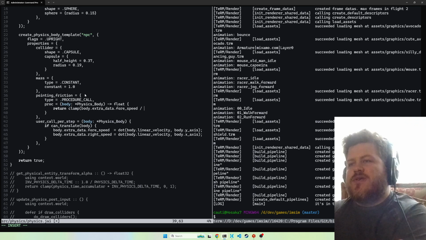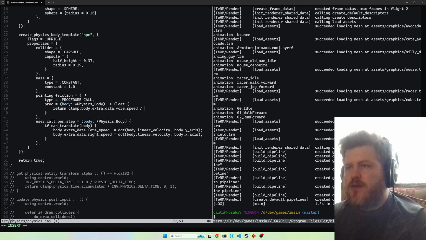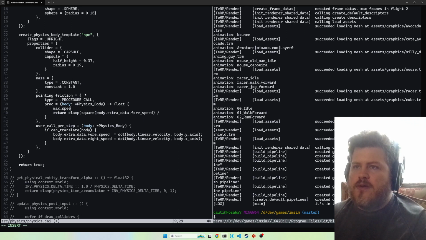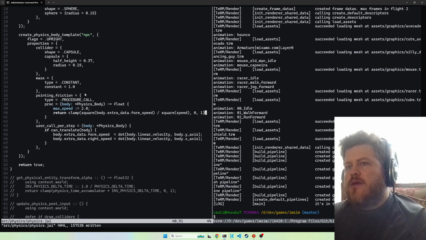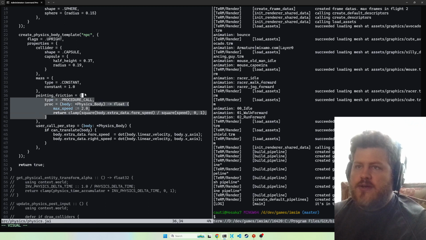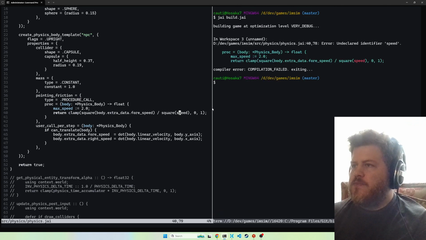Well, let's see. I want to increase. Yeah, it is increasing. So maybe I want to increase it as like a square. So like square force speed over some idea of max speed. So let's say just max speed is 2 or something, right? So square max speed. And we're going to clamp that between 0 and 1. And I think this will work. I haven't tried it yet. I just set up this whole system of deriving stuff from procedure calls right before I started today. So anyway,